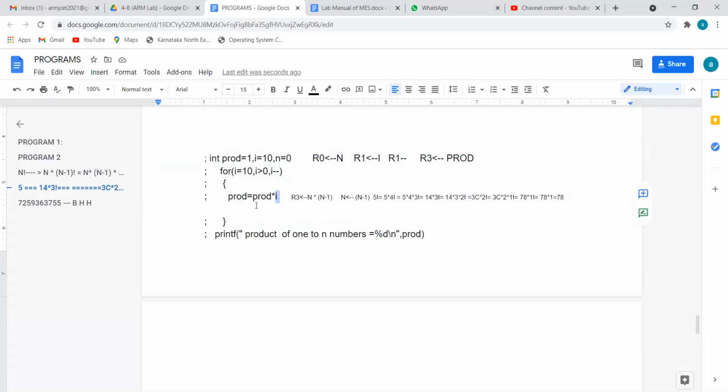Okay, then can anybody give the answer? 10 star, 9 star, 8 star, right? Yes or no? Okay, somebody answer. Okay, so almost all of you are right. 10 star, 9 star, 8 star, 7 star, up to what? What is the last condition for I? Yes, Santosh is right. Prachita is right.